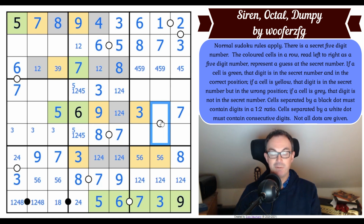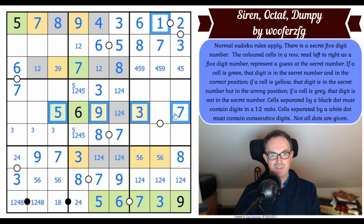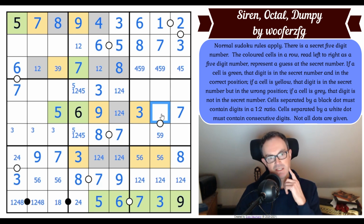Now we can do our parity trick again. This domino here has to contain an odd digit, and this digit can't be odd because it sees all of the odd numbers through that collection of digits. So the odd number must be here, which must be a 5 or a 9. So this is even and it's consecutive, and it can't be 6. So if this is a 5, this is a 4, and if this is a 9, this is an 8,